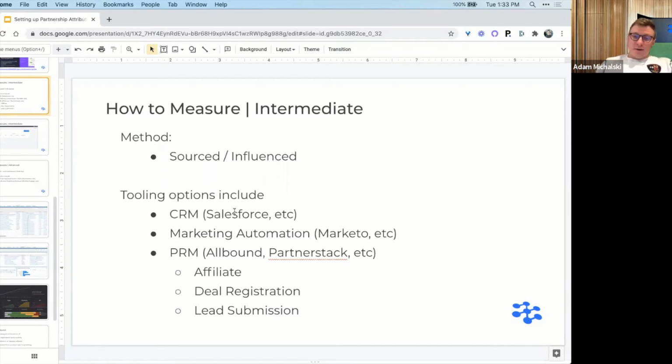Another interesting one here from the marketing side that a lot of folks will use is just marketing automation, predominantly Marketo. I know that we're focused on partnership attribution, but just to offer you examples of how marketers are doing this, they will track every single time that a lead, or anybody associated with your opportunity, has attended a webinar, read a case study, or visited your website. All of that stuff a marketing automation platform like Marketo can do for you.